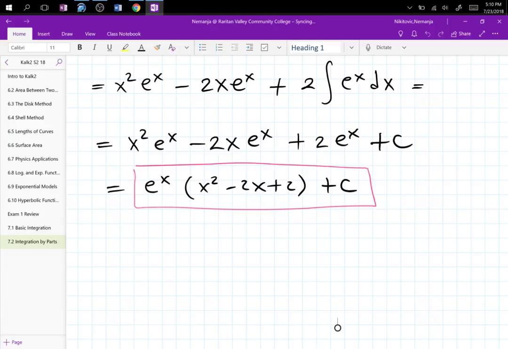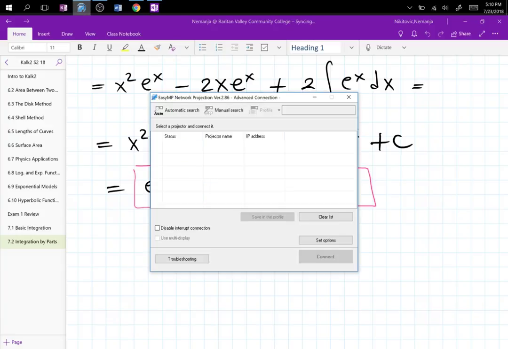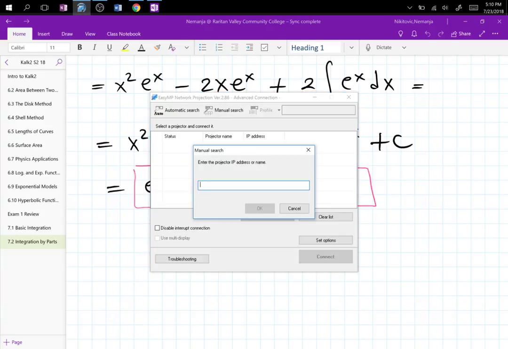Yeah, I didn't connect to projector. I see. It's distractions. Anyway,